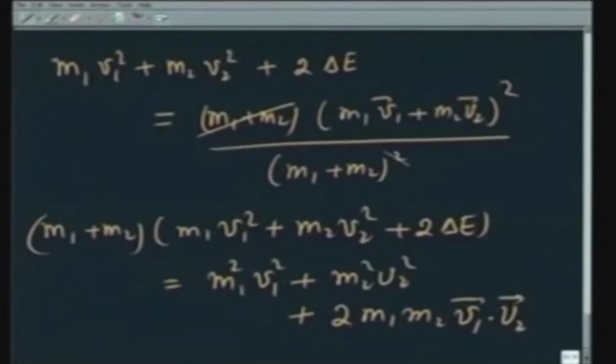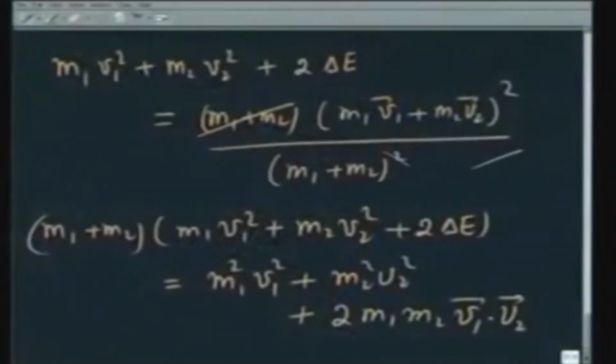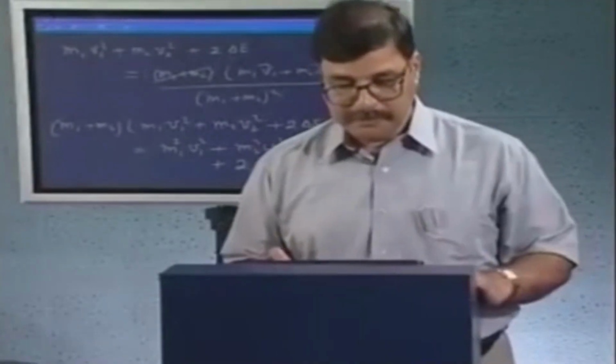In case you have gotten lost, let me remind you what I did. I wrote the energy conservation principle, I wrote the linear momentum conservation principle, and from the linear momentum conservation principle I substituted for the final velocity in the energy conservation principle, and I am just rearranging the terms. Collecting them, I am going to get m1 square v1 square plus m1 m2